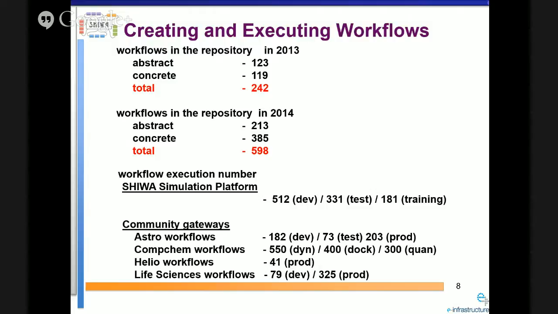These are the execution numbers. We distinguish between development, test workload, and production workload. Okay, so one point, and I would like to jump back because